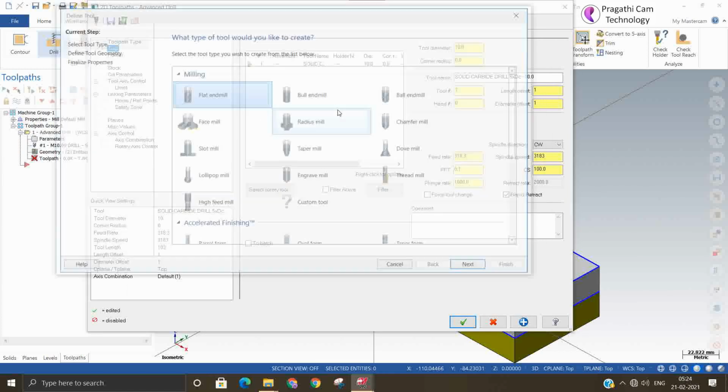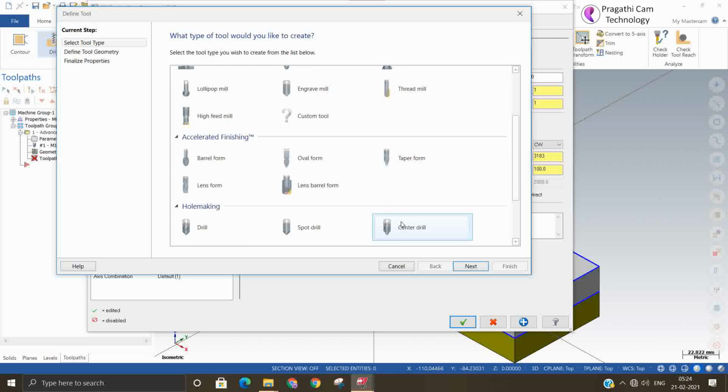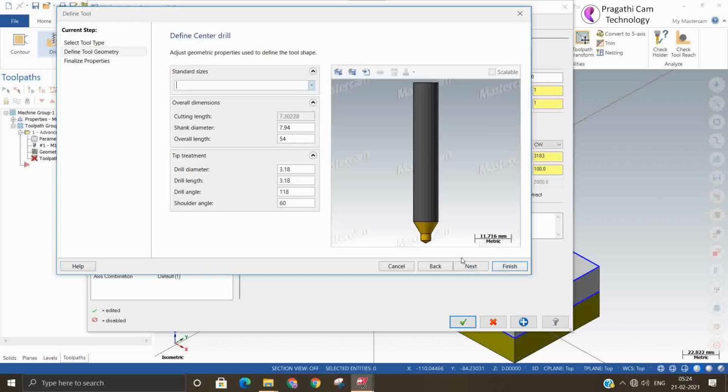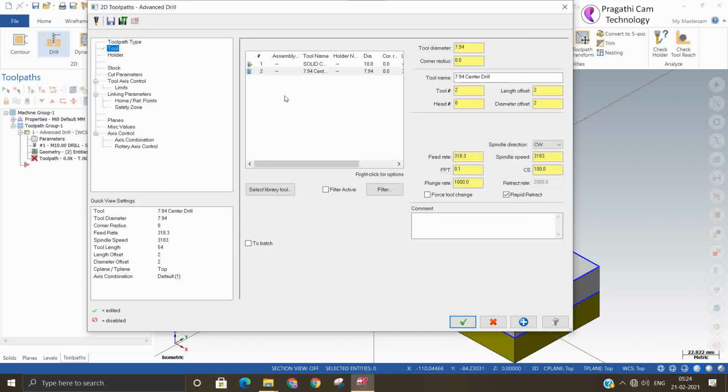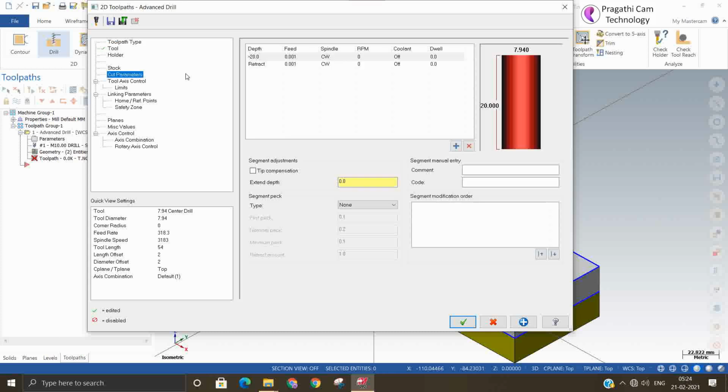But I am trying with this tool path, it may not be suitable, okay. Yes, okay, I select the center bit, so we'll see, come to next page.